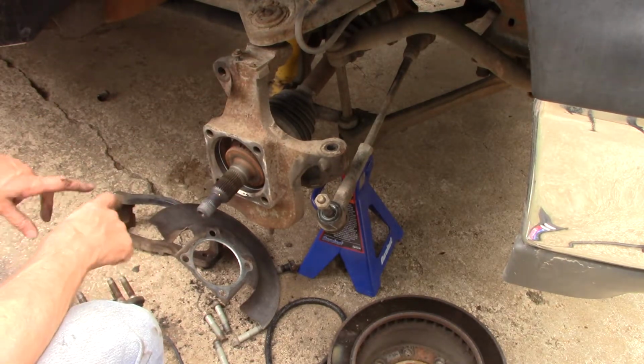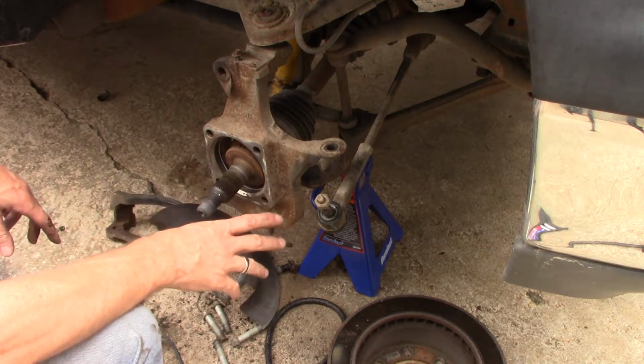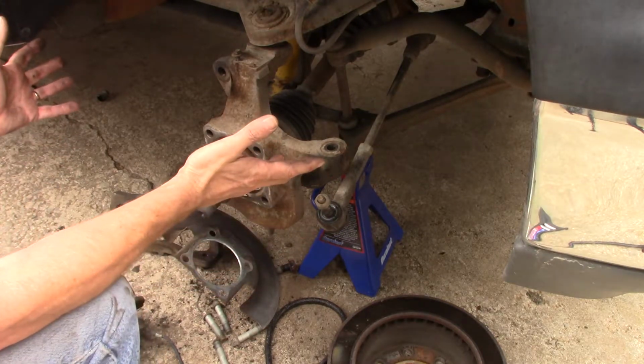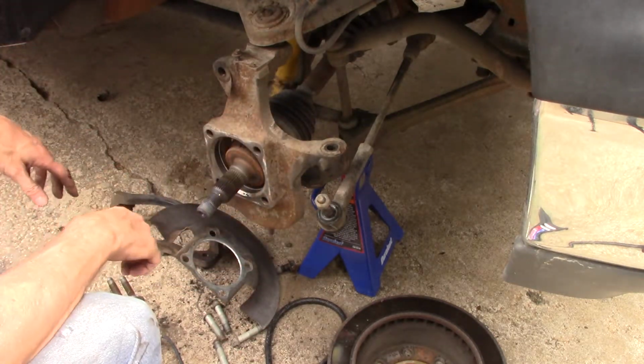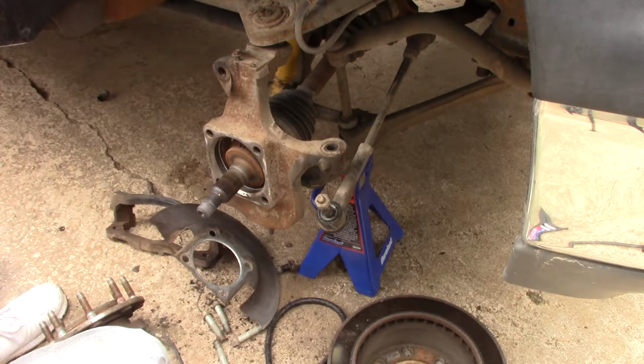I did not know that this wheel bearing had slop in it. How I noticed it was I was jacking it up to rotate the tire. And I noticed when I went up, it sunk in quite a bit more at the bottom, and so I grabbed a hold of it like you've seen there. Now, not only are these notorious for doing this,